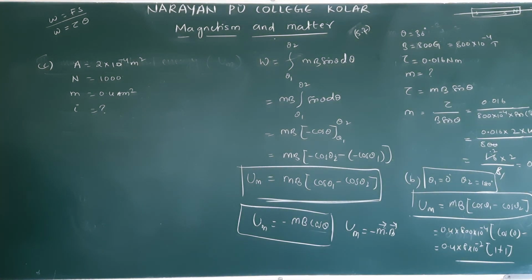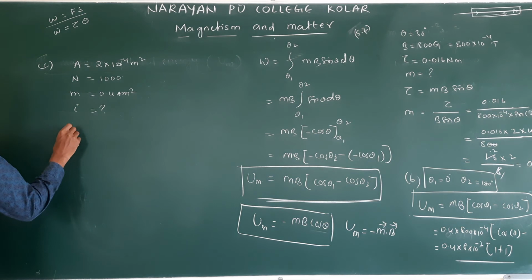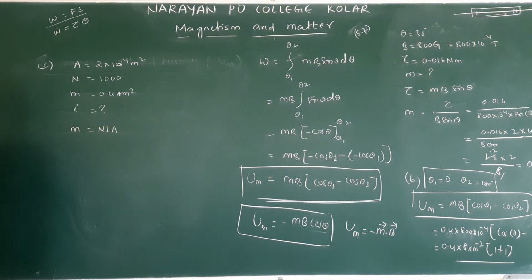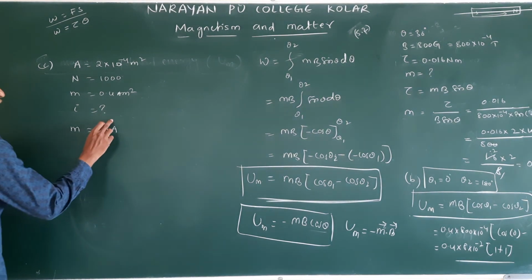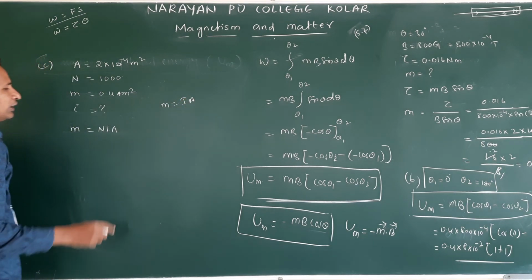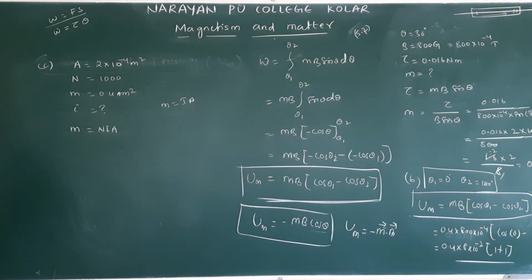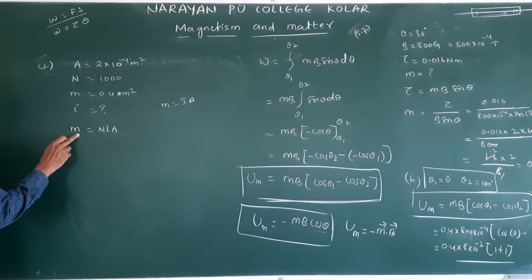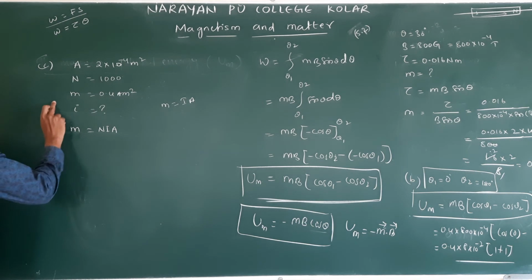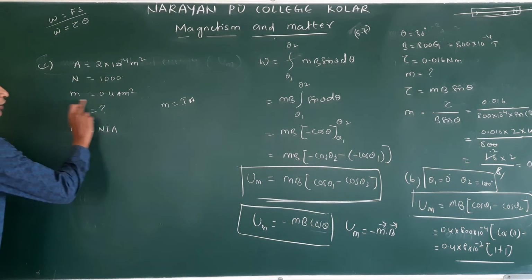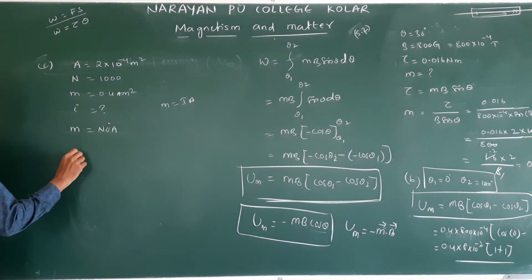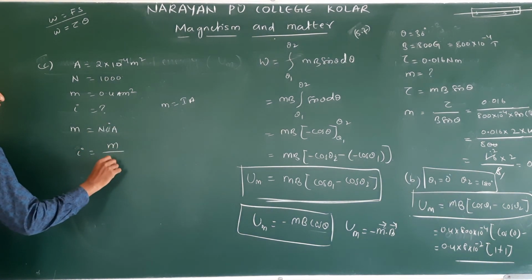Magnetic moment of the solenoid is what? M is equal to NIA. Clear? First, M is equal to IA for a single loop. There are N number of them. So NIA. The magnetic moment remains the same. This is a solenoid, but the solenoid magnetic moment is equal to the bar magnet moment. So I, I take a small i, so small i is equal to M by NA.